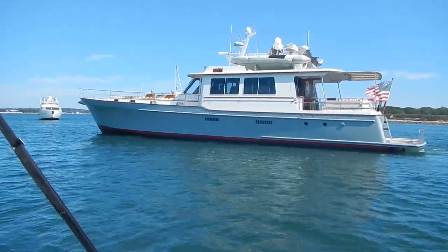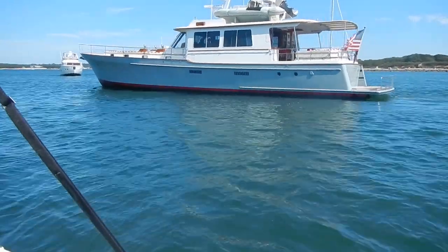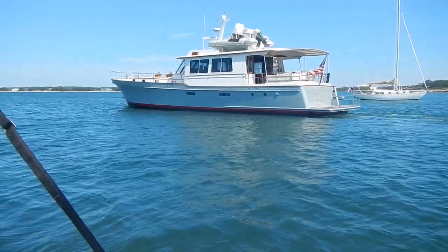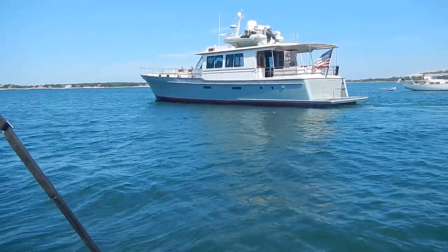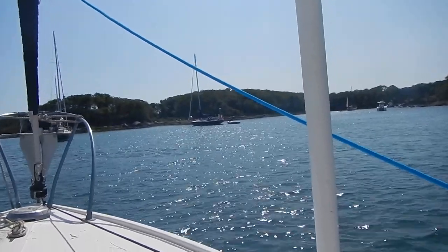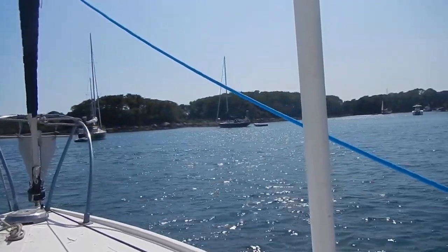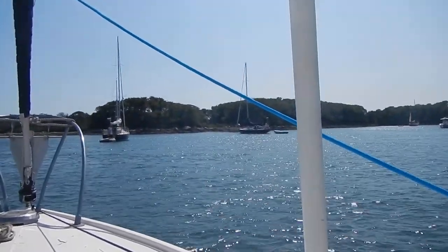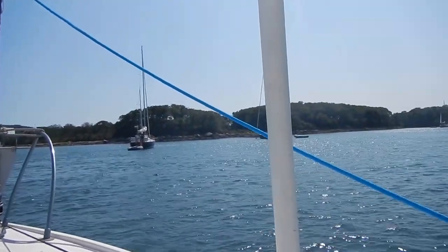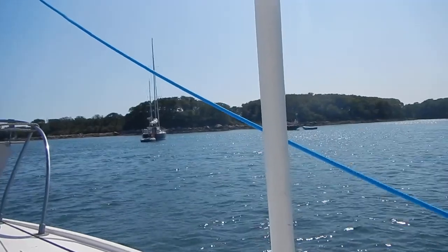Well, I don't know where this guy thinks he's going. Now, it looks like this guy in front of me is leaving, so I've got a bad feeling that that huge boat is going to try to squeeze himself in over there. Well, it's not that much of a squeeze, so much as I don't want to be close to him in particular, but